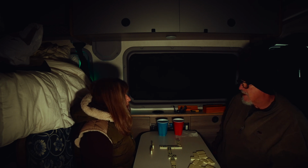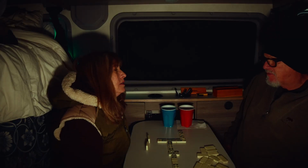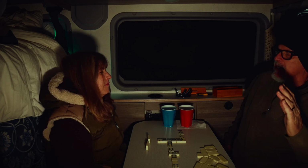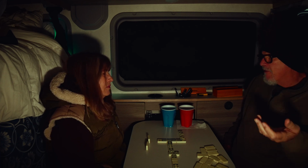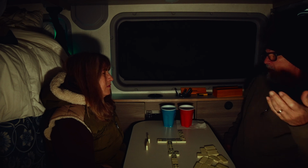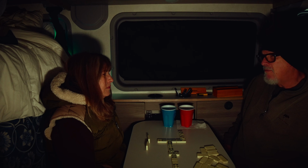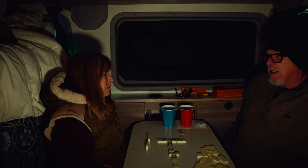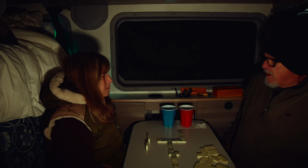Happy birthday, honey. Thanks. When you said let's go somewhere for November, and I looked at Big Sur and it said it was going to be raining the whole trip, I thought, it just reminded me of, it was exactly 50 years ago today, right? When I was in high school and I was in a special program called On Location, and there was 40 of us roughly, and we were backpacking deep into Big Sur, and literally on my birthday